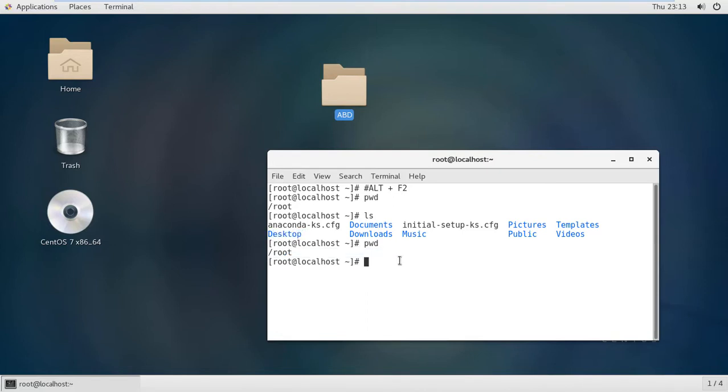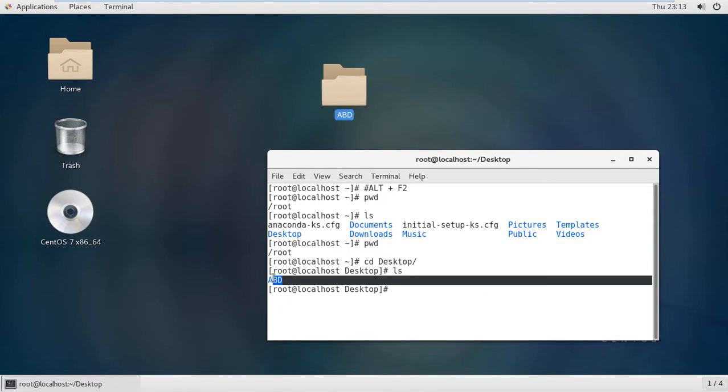Type cd Desktop with a capital D, press tab, enter, and type ls again. Now you can see the abd folder is there.